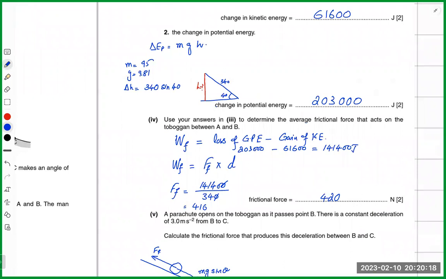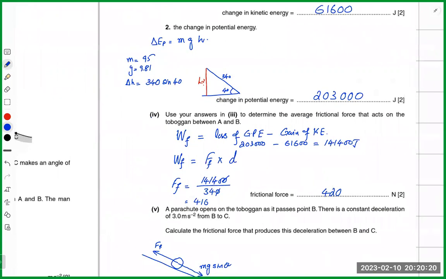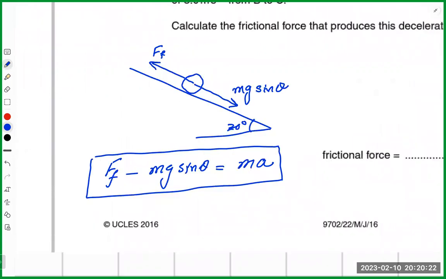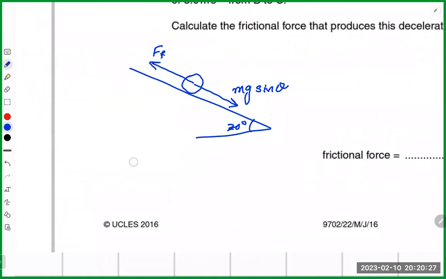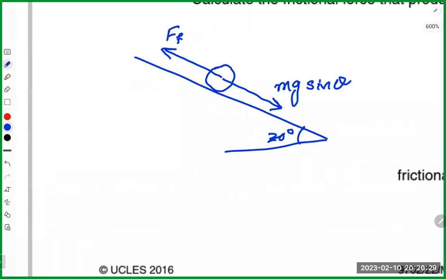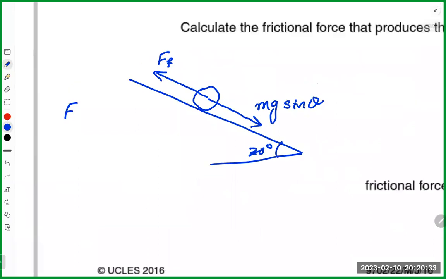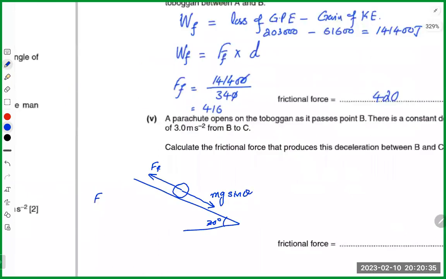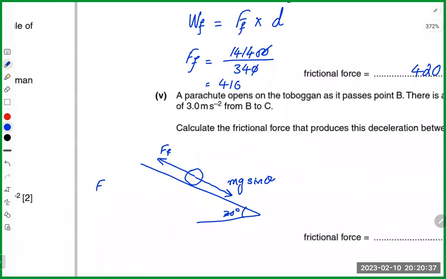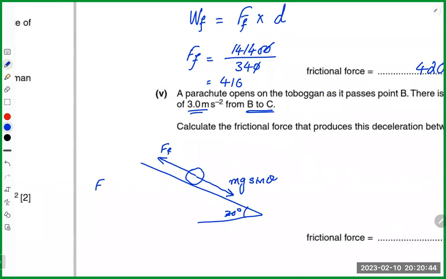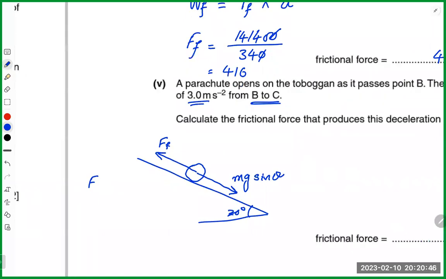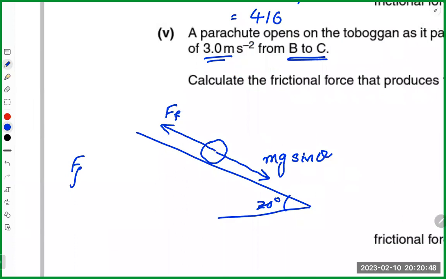Now, this object has been placed on a surface like this. Because when it goes to part BC, remember the frictional force should change. He says that it is producing a deceleration of 3. Like acceleration along Ff is 3. So Ff will be